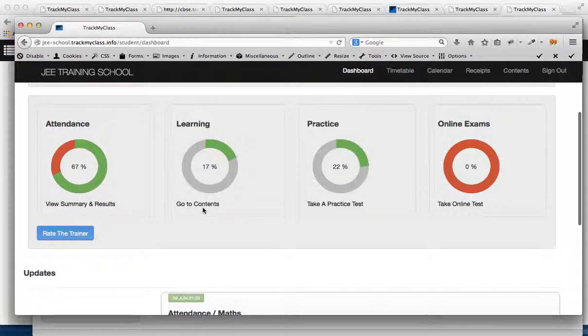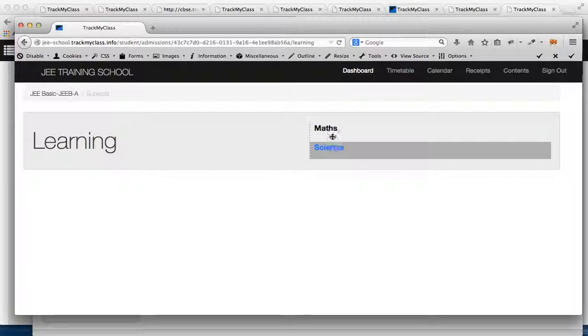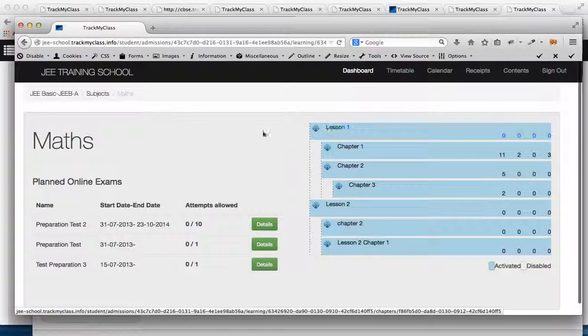Now you have the option of go to content. When you click on go to content, it shows this is an online learning starting page. It shows you the list of subjects you have configured. So you can click on a subject. I've clicked on Maths. Now it takes the user to